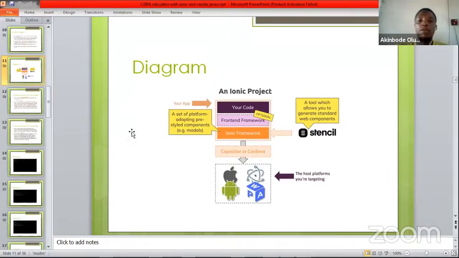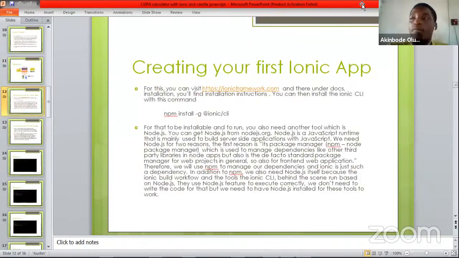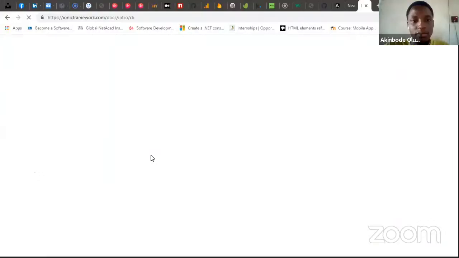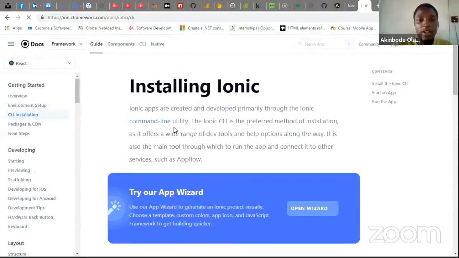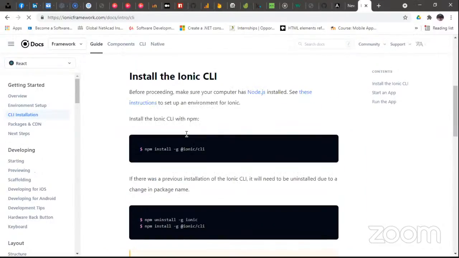To create your first Ionic app, what you need to do is visit ionicframework.com. Under the docs, you see installation. You click on installation. That's taking time to come up. So yeah, under that, you click on installation. Ionic apps are created and developed, and to install it, you have to install the CLI first to be able to use Ionic. And to do that, you just